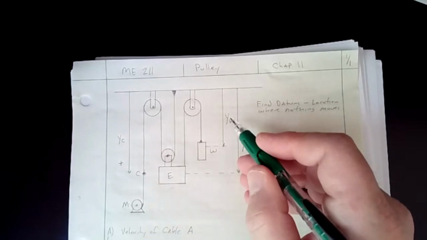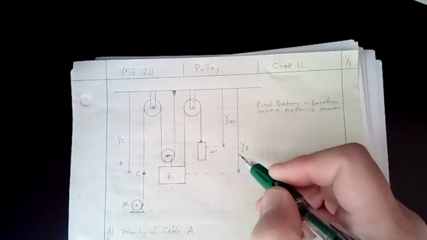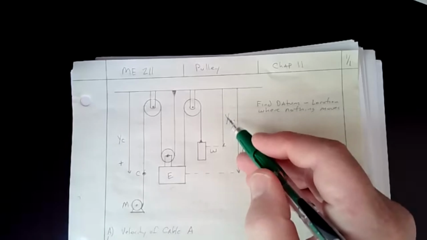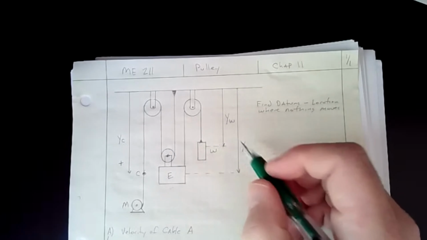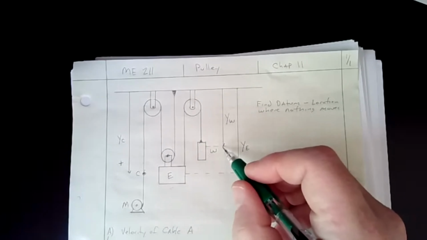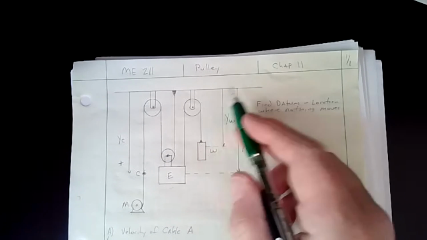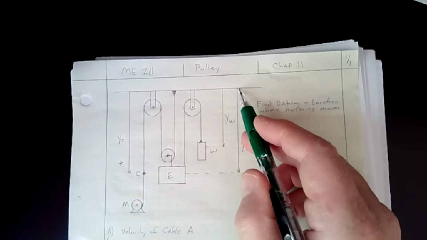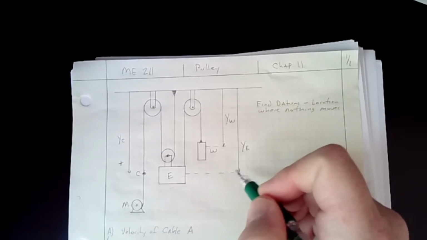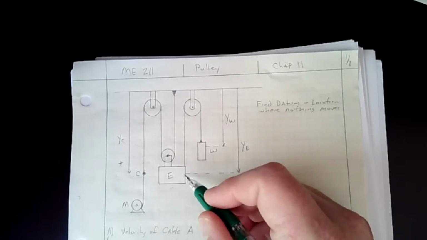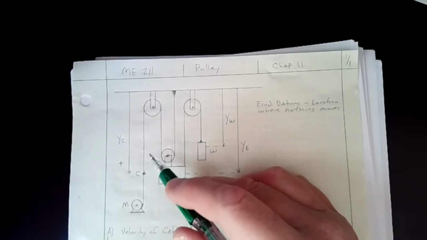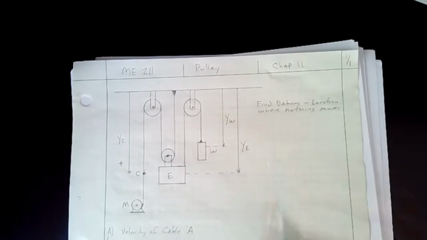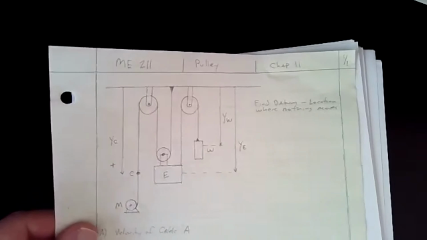And so we're saying YW and YE. Now the script doesn't matter whether we call it YS or X, whatever, it's irrelevant. But the main thing is that you identify some datum, which I've identified as the very top, and then you identify some point on your object, and then you draw a line to it so that you can then relate the motion to each other. So if we do that,